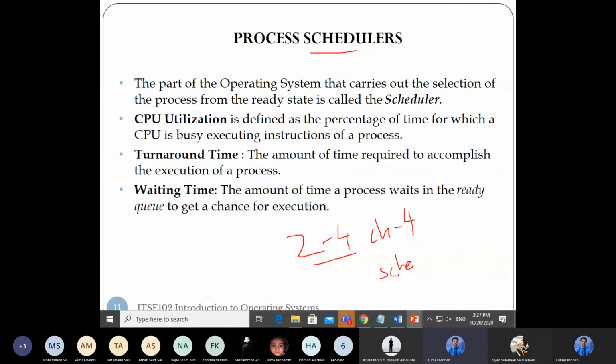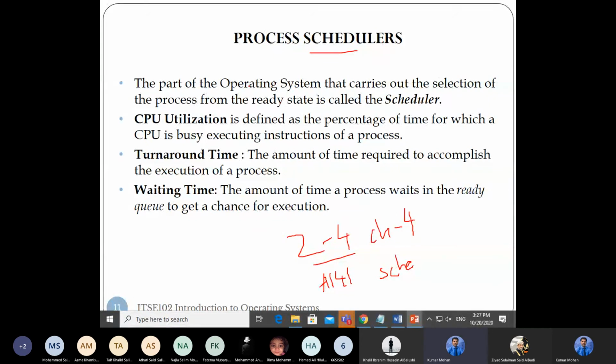The class timing is 2 to 4 in lab 141. So I am sitting alone here in lab 141 without any student, taking the class to the students who are sitting at home. Okay, fine. No need to open your mouth.